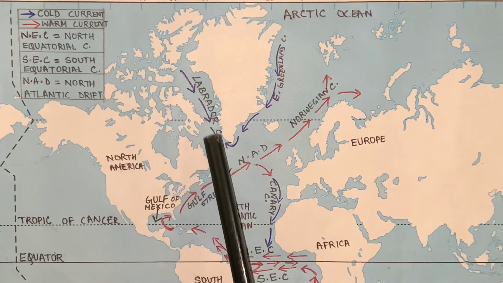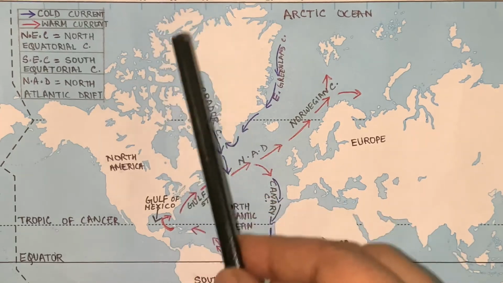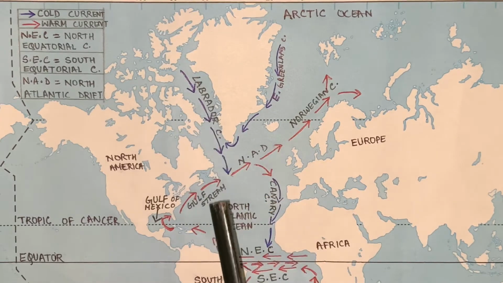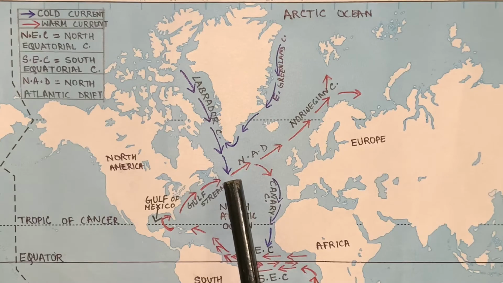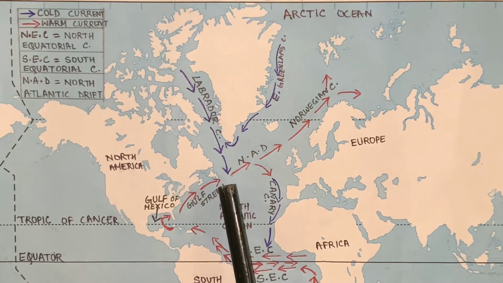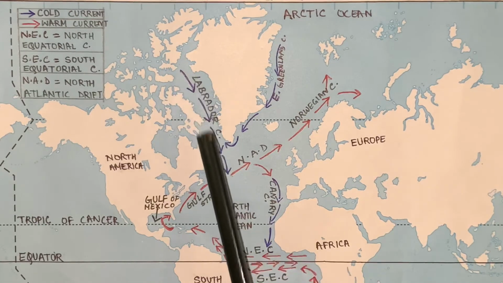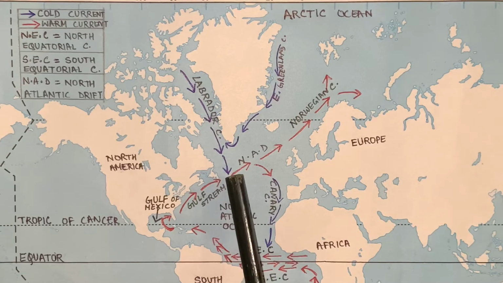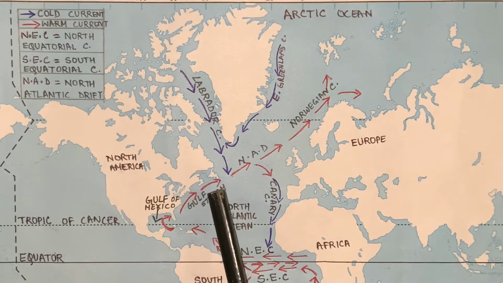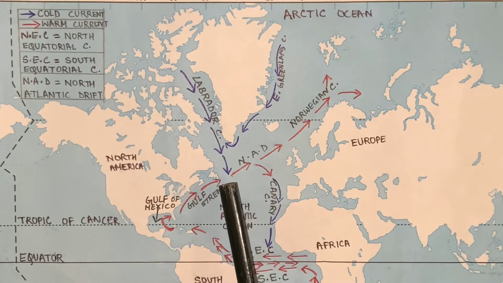You can see the Labrador Current, which is coming from the North Arctic Ocean. Due to this convergence, heavy and dense fog is caused here. Thus, it becomes difficult for the ships to navigate. And this mixing of cold Labrador and warm Gulf Stream currents creates the favorable condition for the fast growth of planktons, which is feed for the fish, and thus the Grand Bank near this Newfoundland has become the world's most important fishing grounds.